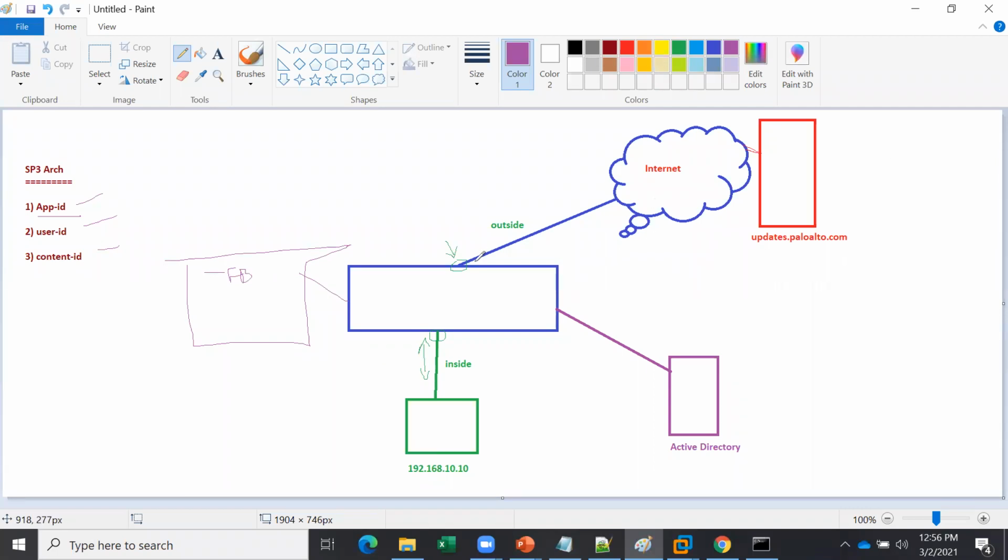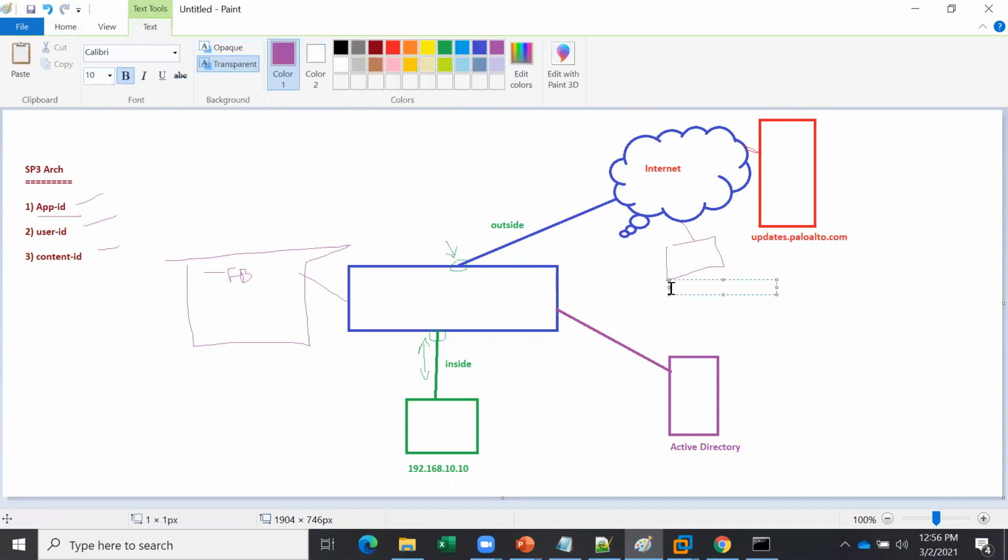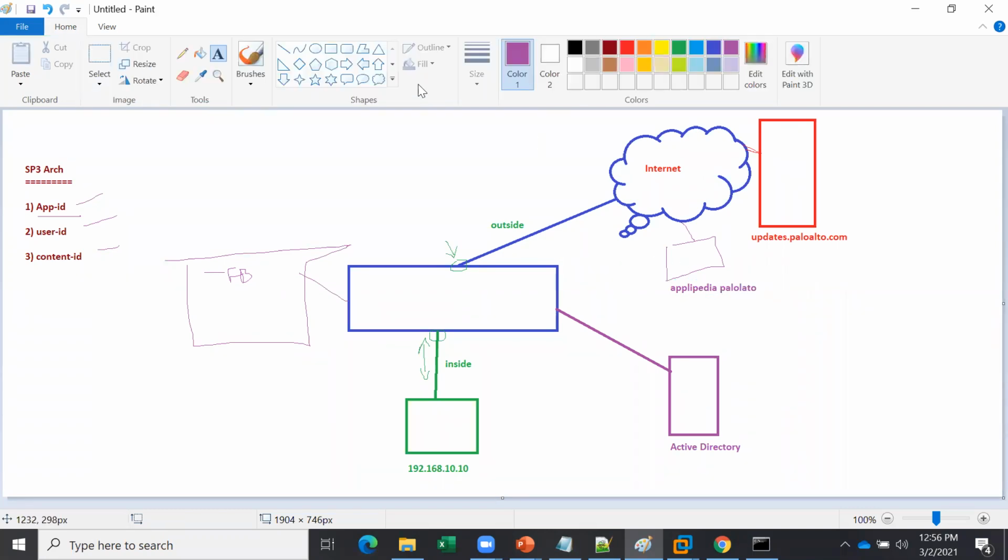It happened because on the internet, Palo Alto maintains another pedia called Applipedia. Palo Alto investigates throughout the world what applications are going on.